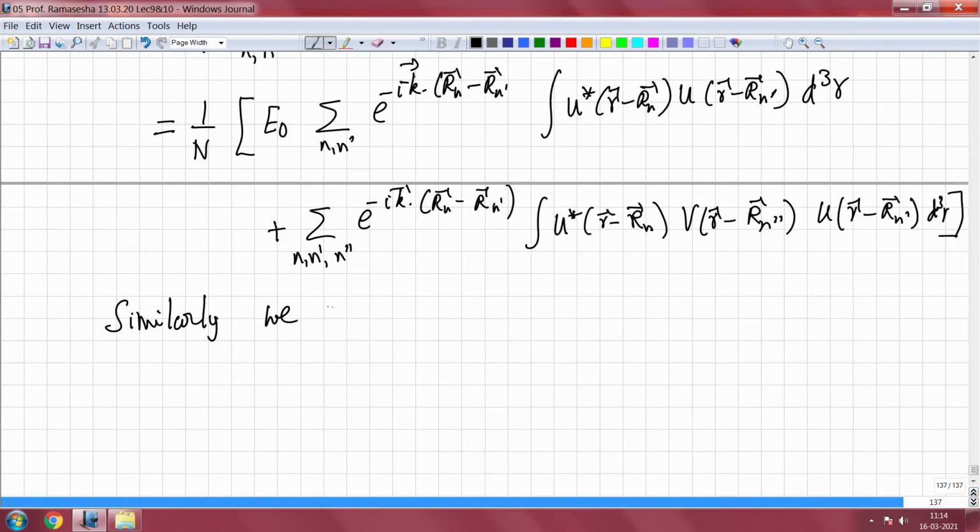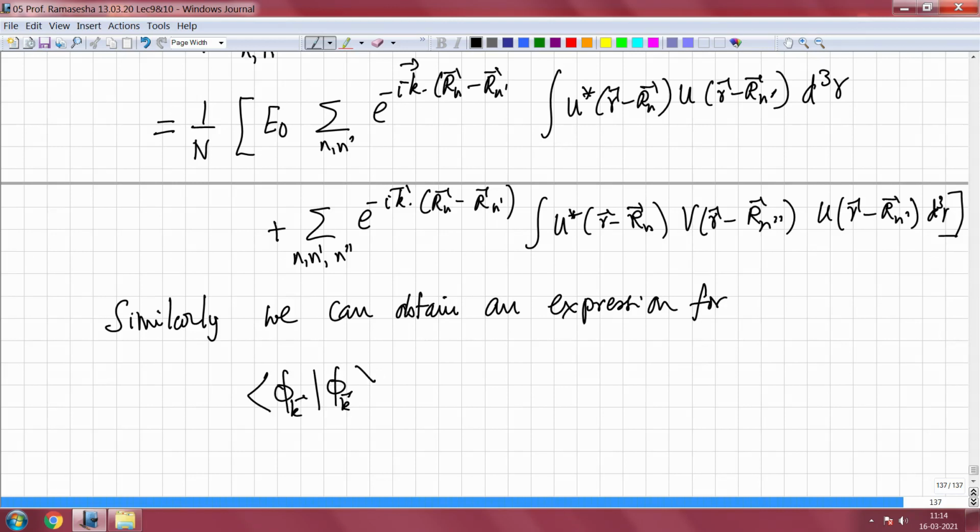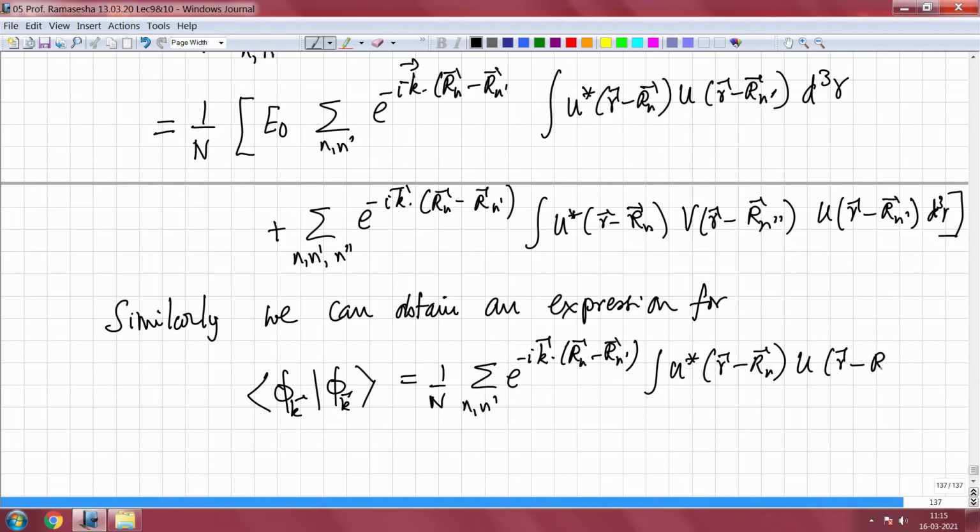Similarly, we can obtain an expression for phi k, and that will be given by 1 upon n, sigma over n, n prime, e to the minus I k dot (r n minus r n prime), times integral u star (r minus r n) u (r minus r n prime)